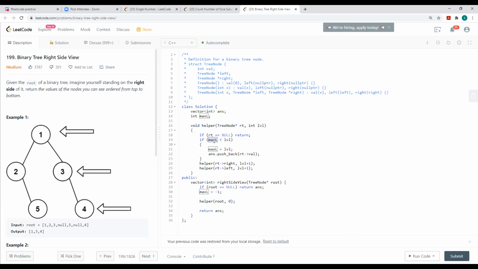Initially the max level is -1. If the level is greater than my maxL, I assign maxL with that value. So the first time my level changes and becomes higher, immediately whatever that value is from that root, I store it in my resultant array.